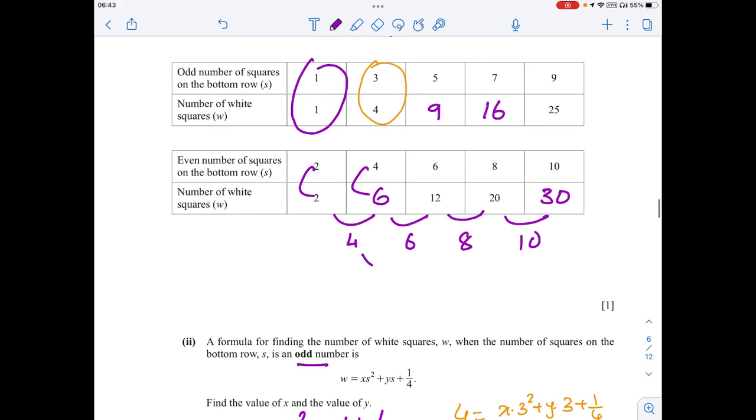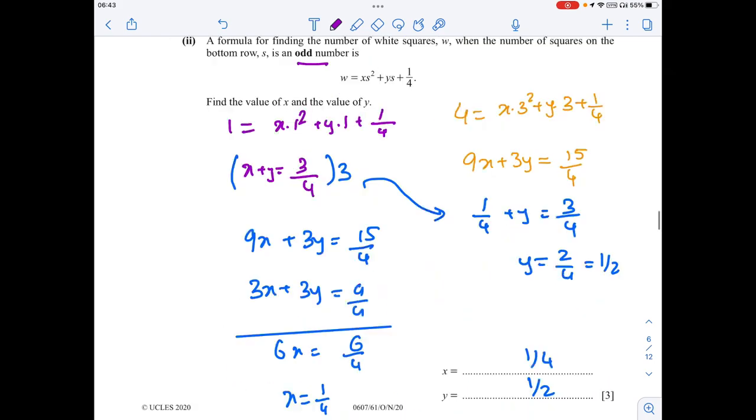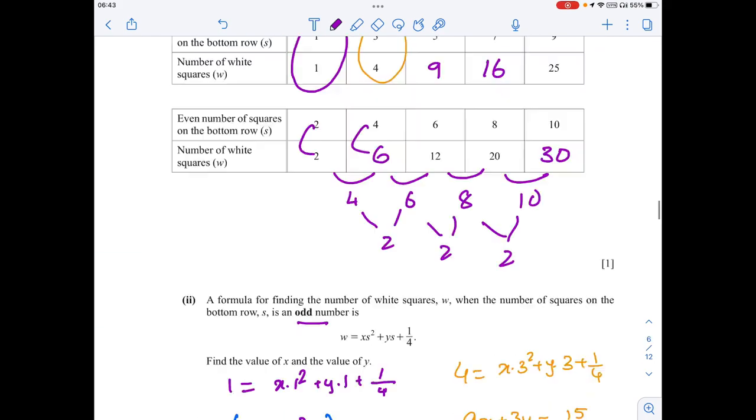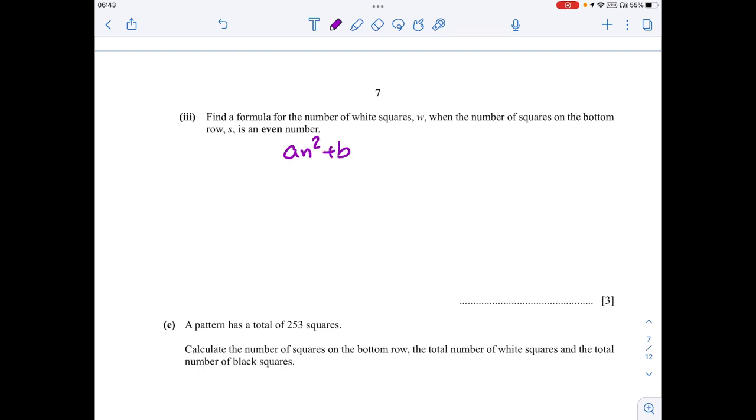And when we see the second differences, they are nothing but 2. The second differences are the same. If the second differences are the same, it is going to be in the form of an squared plus bn plus c. So an squared plus bn plus c. So what am I going to do? Take